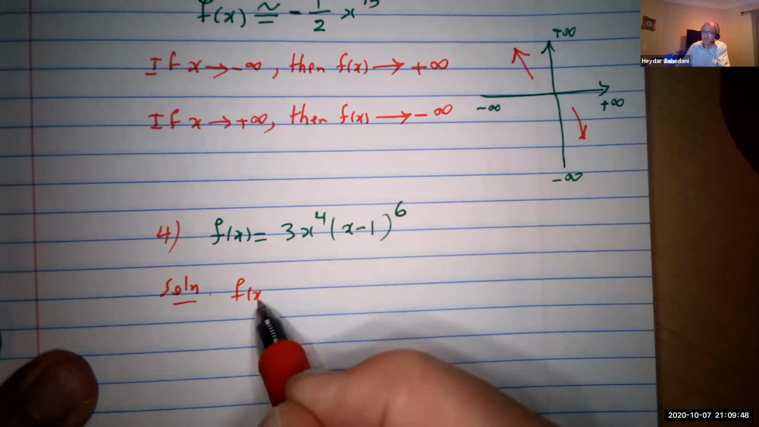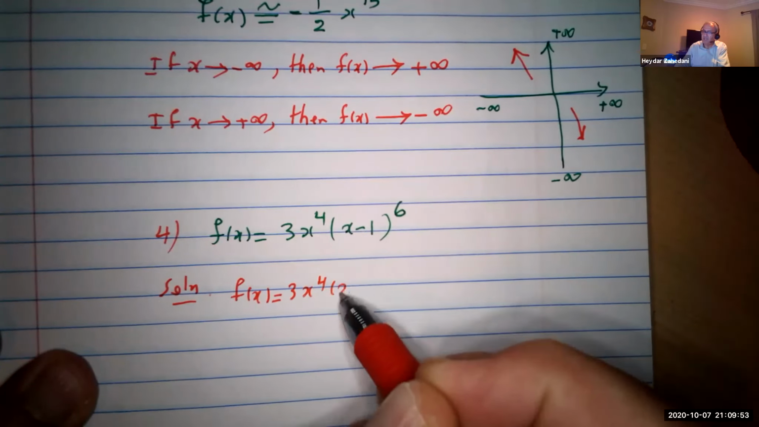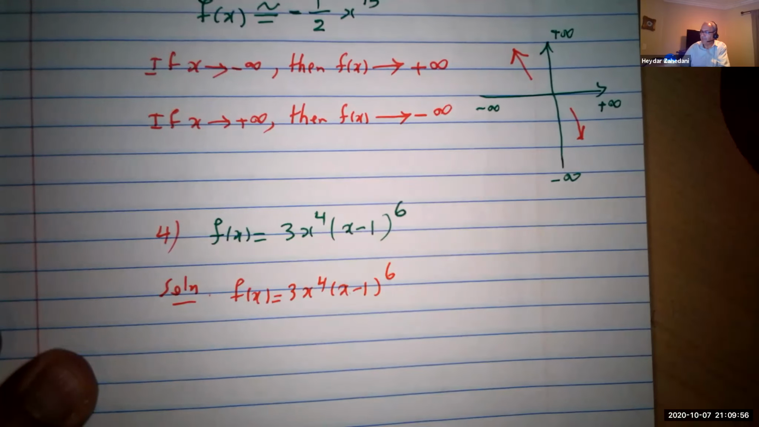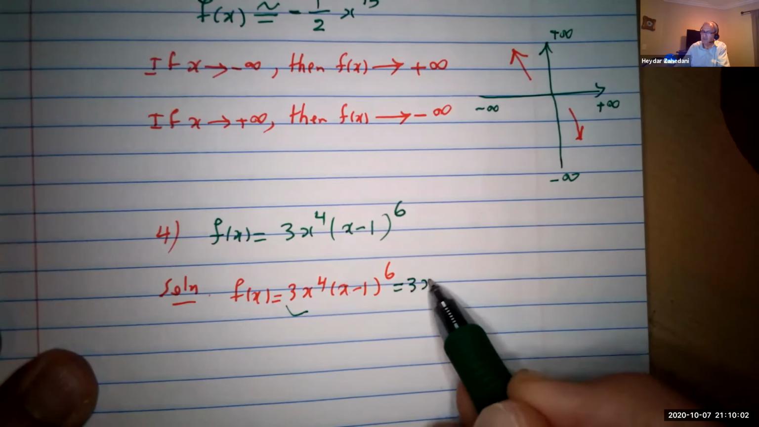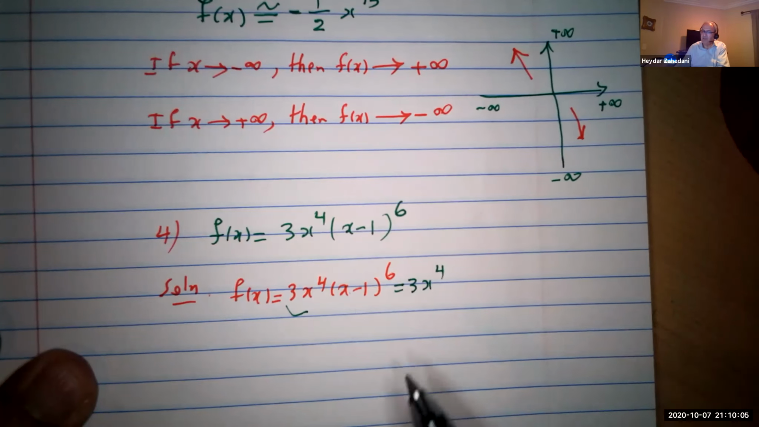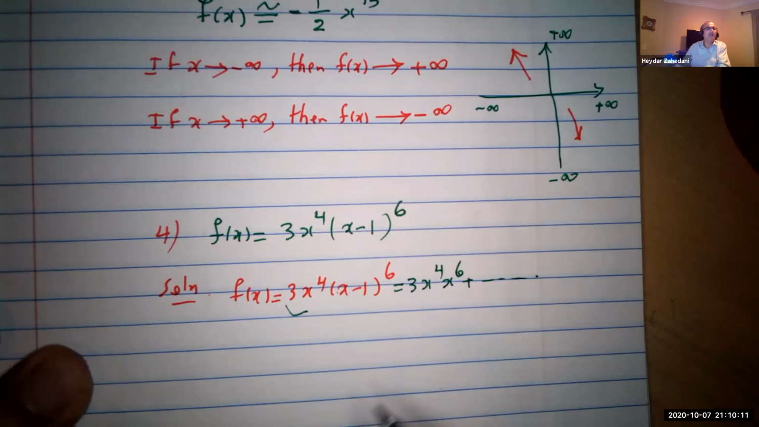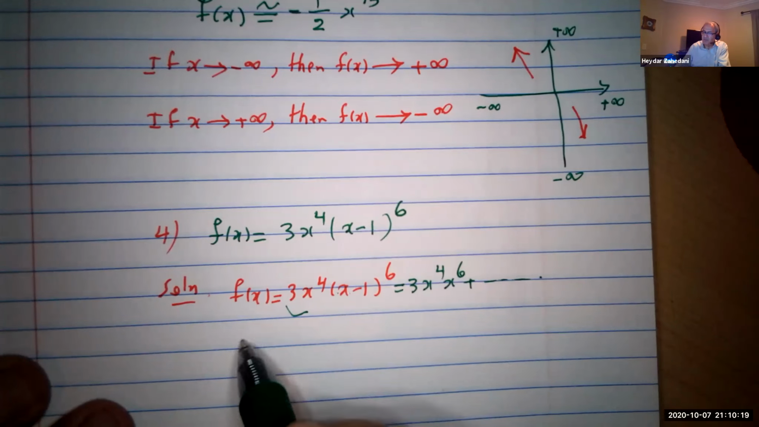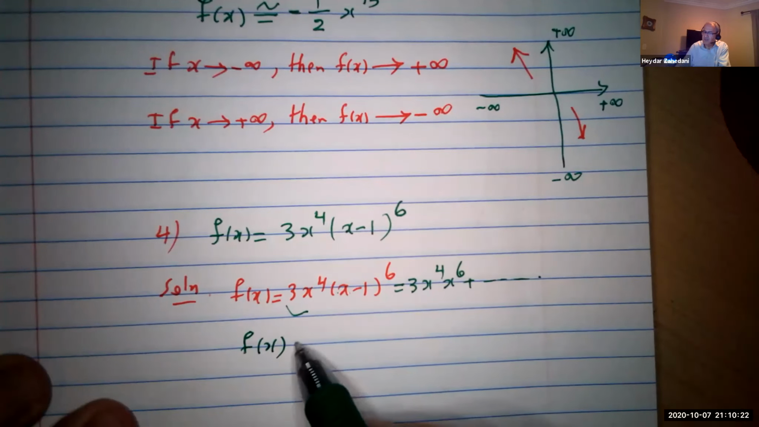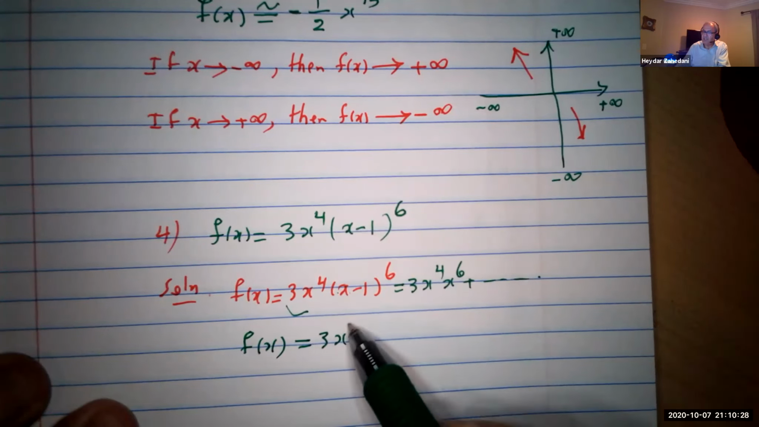You see, this is f of x, and it's given to us that it's 3x to the fourth times x minus 1 to the 6. Get the leading term, x with the highest exponent. The first one would be just 3x to the fourth, and the second one is just x to the 6. And of course, there are some other terms that we don't care about because we are interested in the leading terms. So f of x is going to be equal to 3x to the power, 4 and 6 would be